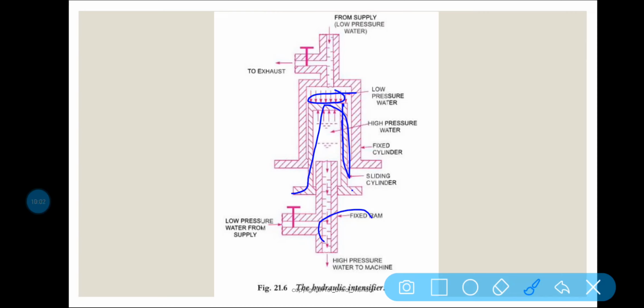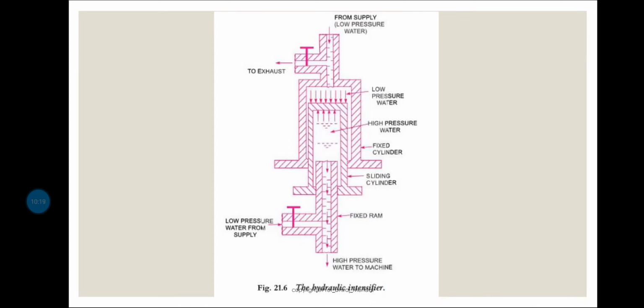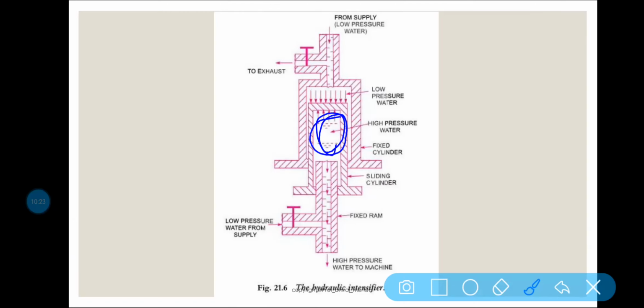As this is a fixed ram, a high pressure zone will be created, because this part is moving downward. This confined area is basically changing its shape. That means the volume here, if I am applying some pressure force here,